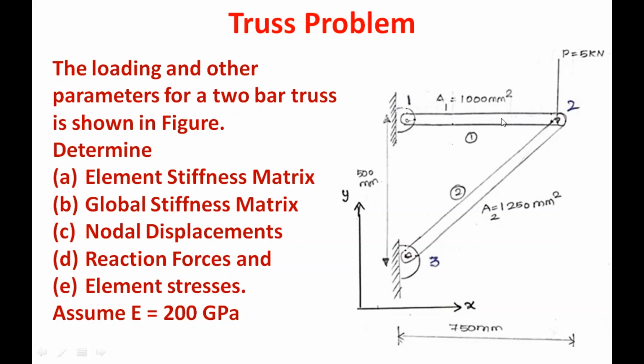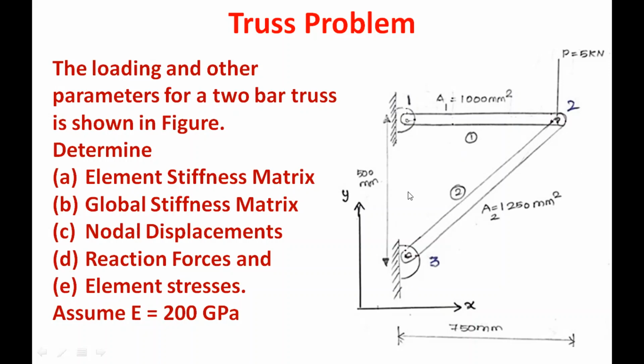Now in the diagram, a 2-bar truss is given and each joint is named as 1, 2, 3. There are 3 joints. Joints 1 and 3 are supported joints. So here hinged support is shown, because we are assuming that no bending moment is acting on the truss. That is why hinged support is shown here. When you see the joint numbering, 1, 2 is given as the first element and 2, 3 is given as element 2. Since the numbering is given in the question, we will use the same numbering.